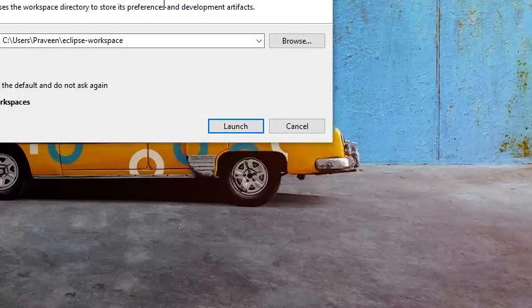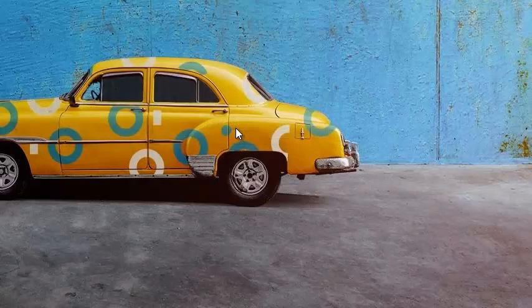First of all, it will ask for the workspace. What is a workspace? Like in other programming languages we have seen earlier, a workspace is a platform or a specific place where you create all your projects. In one workspace, you can create multiple projects. If you are working with different domains or projects, you can group all of them in the workspace. I have chosen the default Eclipse workspace. If you want to create a new one, you can also do that. Once you click on launch, it will start launching Eclipse.